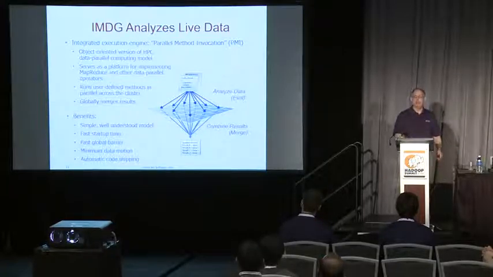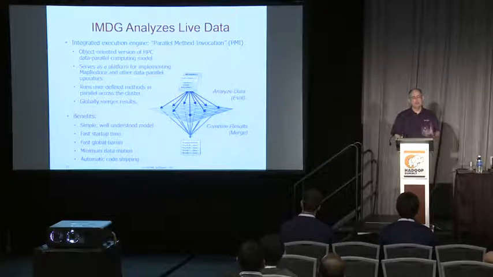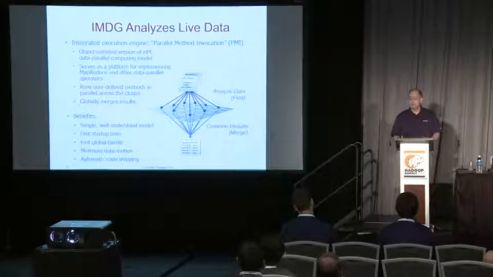We use a technique called parallel method invocation, which is simply an object-oriented implementation of a very well-understood technique from high-performance computing. It derives from the work in the 80s and 90s in parallel supercomputing using message passing. You might have heard of MPI, the message passing interface, which became a very popular way to structure data parallel and task parallel computations on parallel supercomputers. And that can be re-implemented in an object-oriented way, and that's what we've done with what we call parallel method